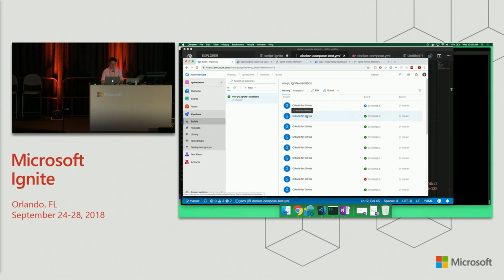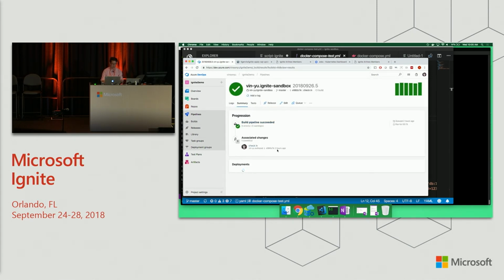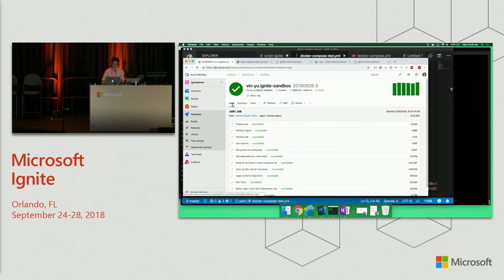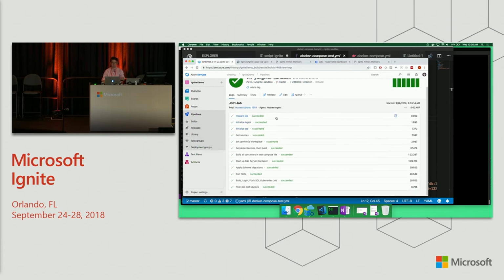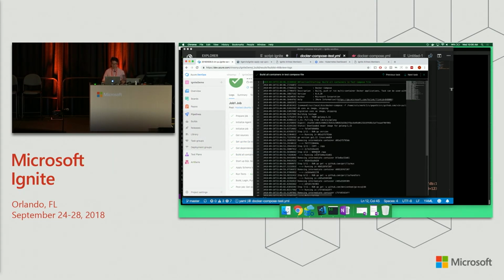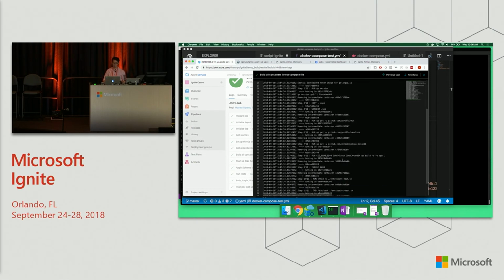So if I look at a build, I could look at the summary. This was built 2 hours ago. I was just doing a final check run before this talk. I could look at the logs. And by looking at the logs, each one of these steps matches what I have in my pipeline definition. Right? So you can see here I have a prepare job, initialize the agent. I'm going to get the source, set up the Go workspace, get the dependencies, build all the containers in the test compose file. So if I were to click on this, you can see a very similar output to what